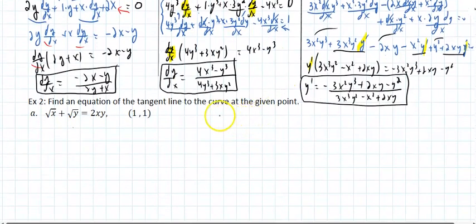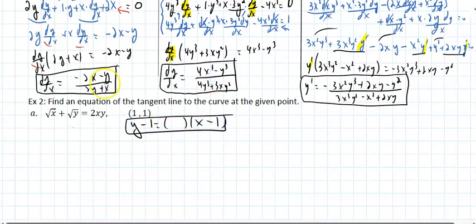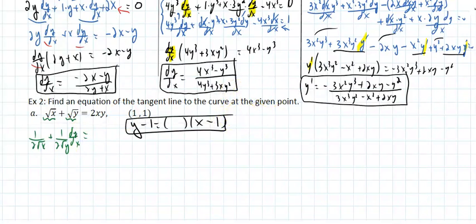Well, we know how to do that. That's y minus y1 equals m into x minus x1. There. I need a derivative. Well, the derivative, if it's an x, that's 1 over twice the radical of x. Done deal. If it's a y, 1 over twice square root of y dy/dx equals, and I should have moved that